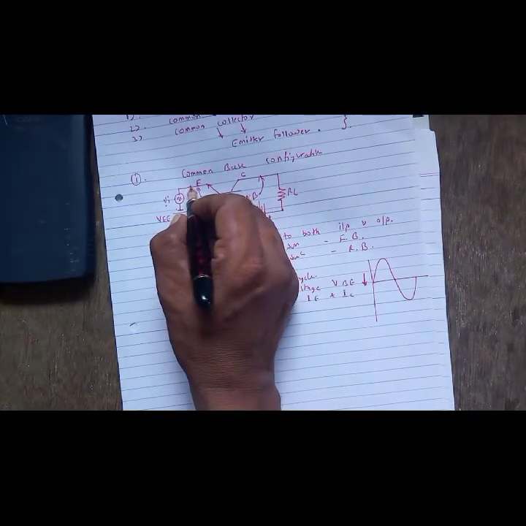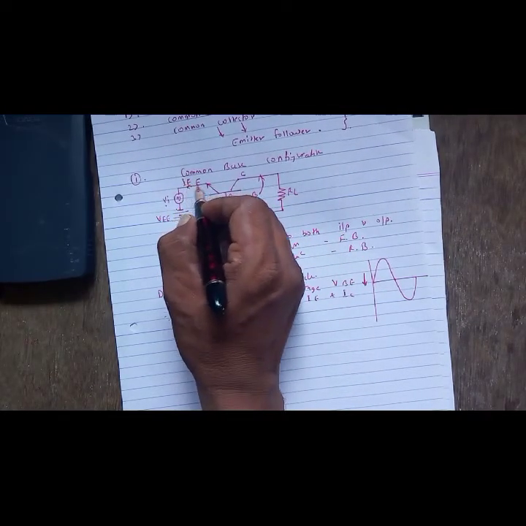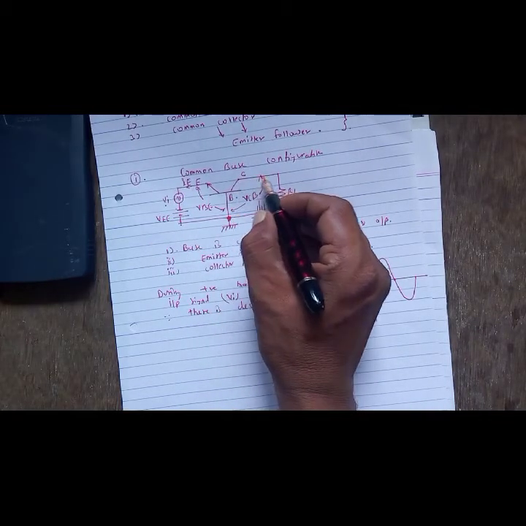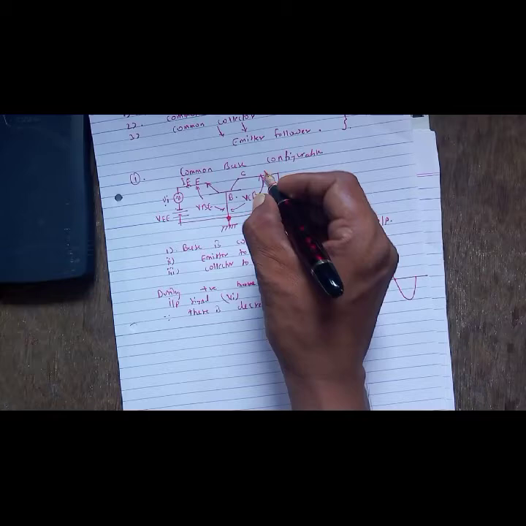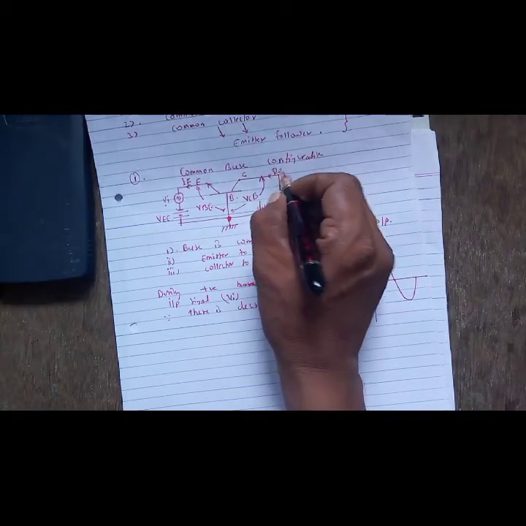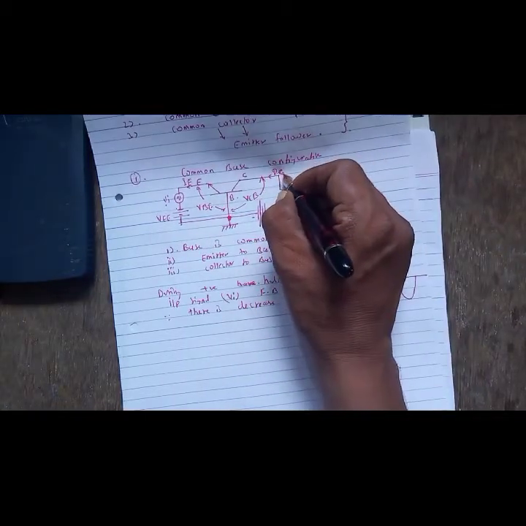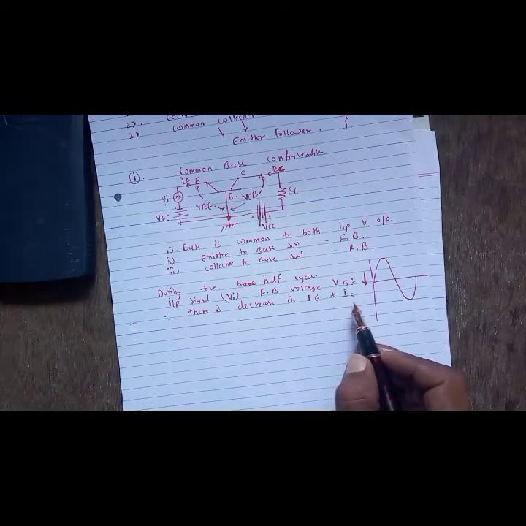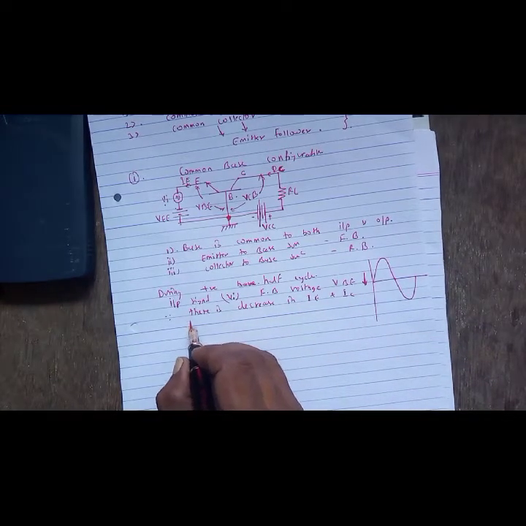So the current which is flowing from the emitter is indicated with IE, and the current which is flowing from the collector is indicated with IC. So IE and IC decrease, since the collector